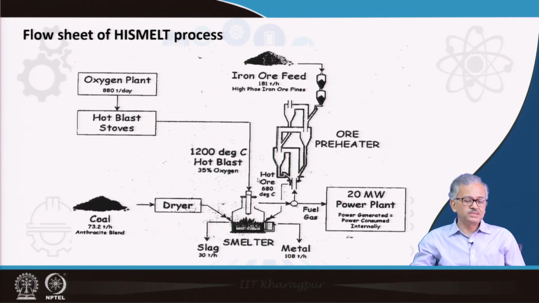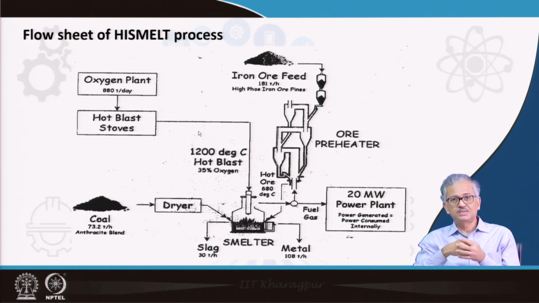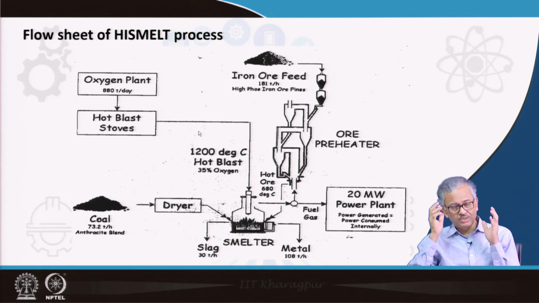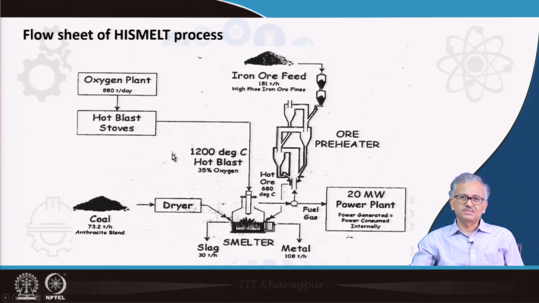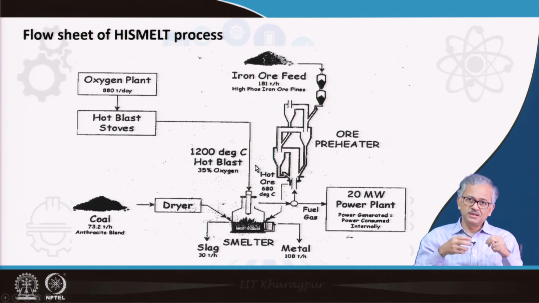So what is the advantage? First advantage is that if you use the hot blast preheated at 1200 degrees centigrade, and here you are considering, so there is a lot of nitrogen, so you are giving a lot of sensible heat with the hot air blast. Because of that you can reduce the coal rate, that is, the energy required from the coal you supplement by the sensible heat of the hot air blast. So your coal rate will be reduced.